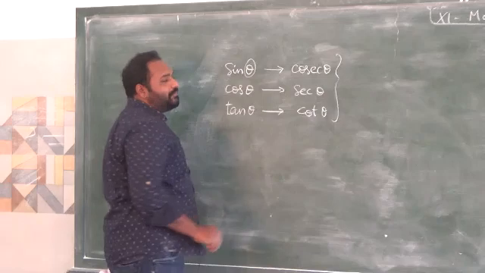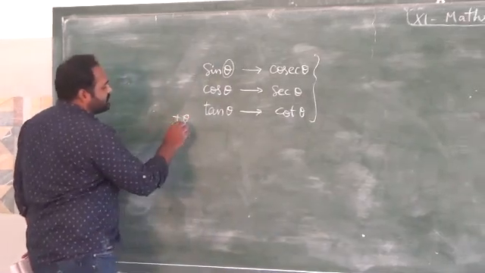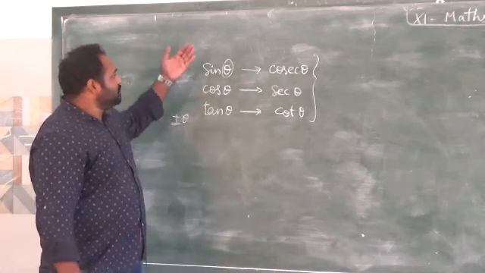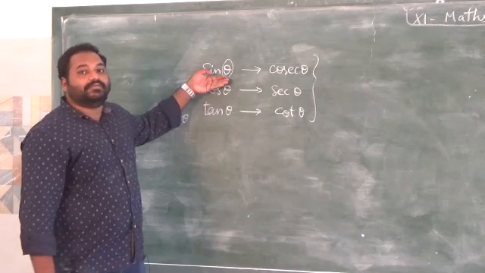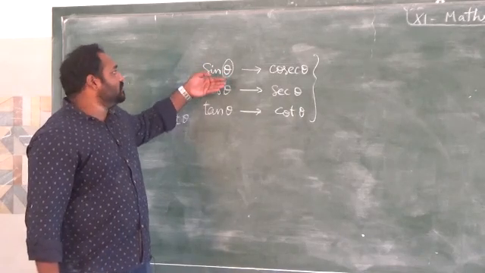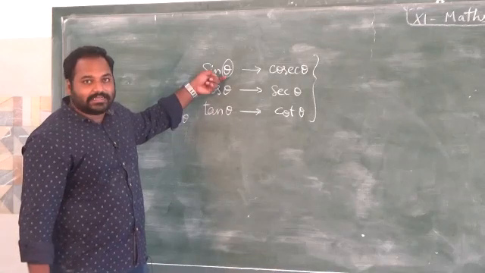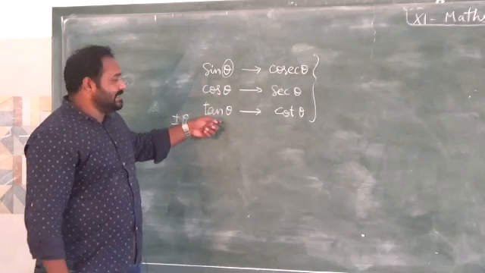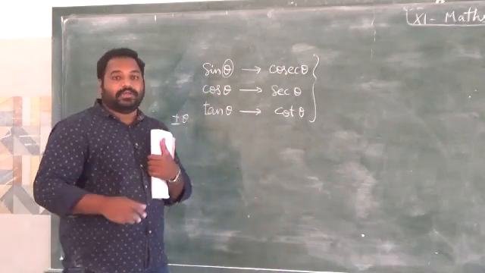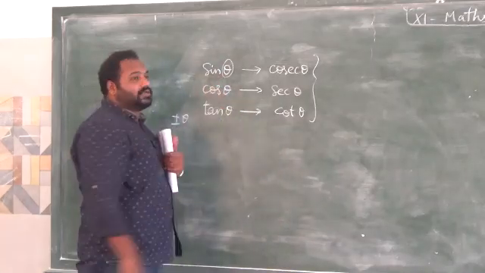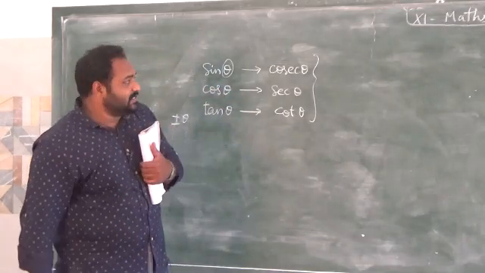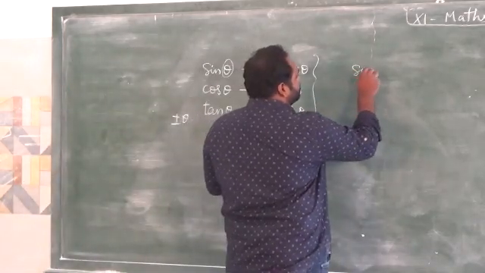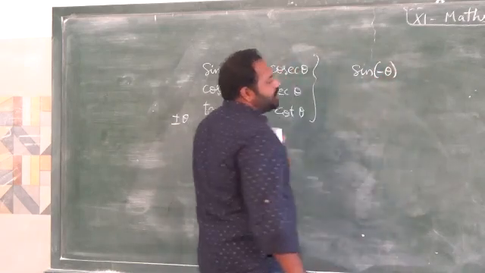In this argument we have plus or minus theta. We have sometimes a positive angle, sometimes a negative angle. If you get a positive angle in sin theta, we have no problem, it will be positive. Sometimes if you get a negative angle in sin theta, the value will change. Same for cos theta and tan theta. So what will happen when the theta values are negative? What will happen to the trigonometry functions or ratios? We will see today. So okay, now sine of minus theta.